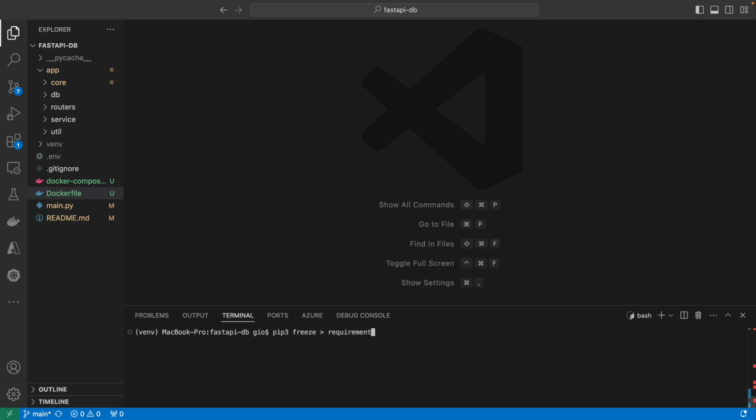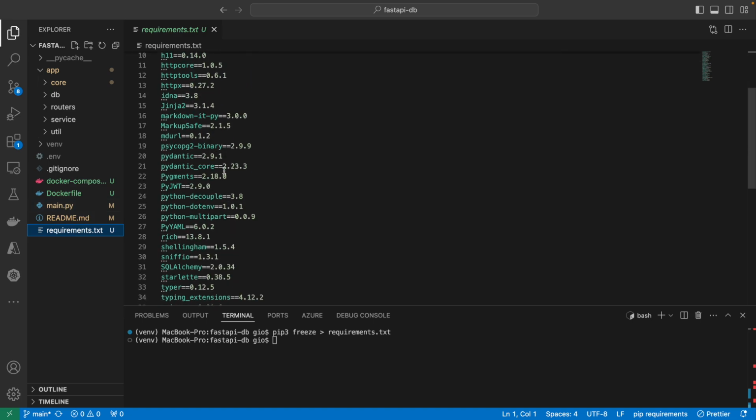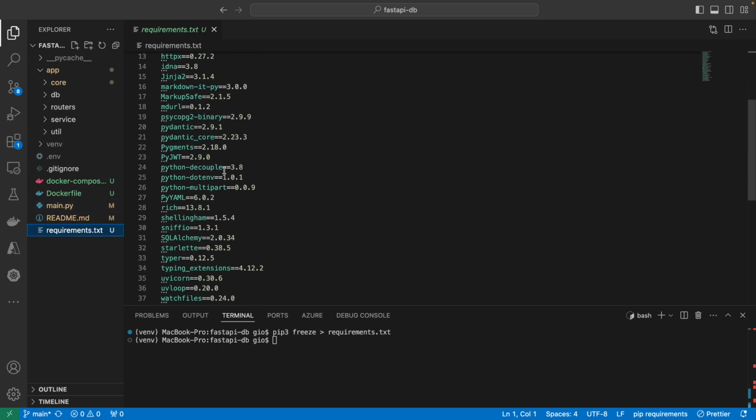So if I do requirements.txt and press enter here, you can see that it creates a file here. And if I open this file, you can see that it has all the dependencies that are in my virtual environment that I installed to use with my FastAPI application, my auth application. And this is going to be important when containerizing the application, because we're going to need